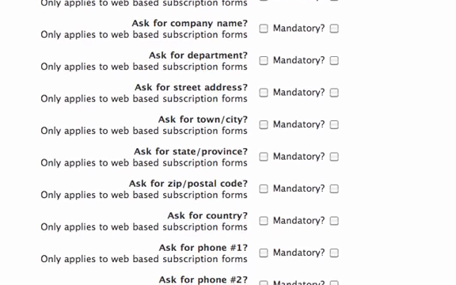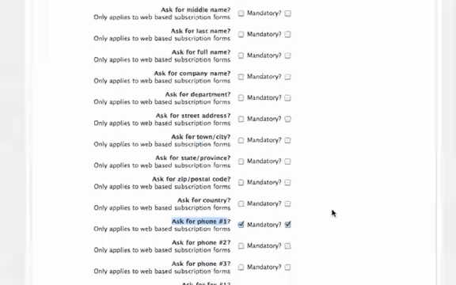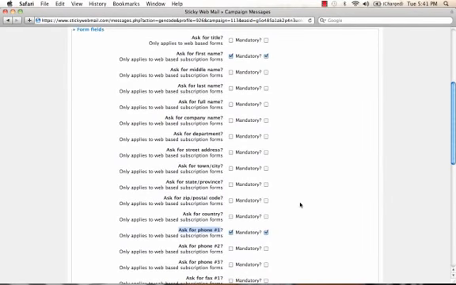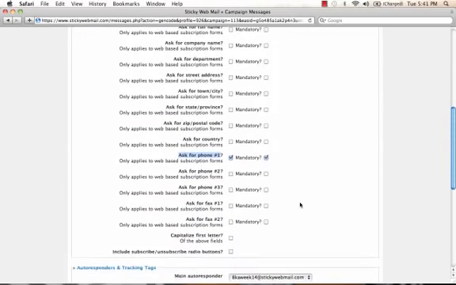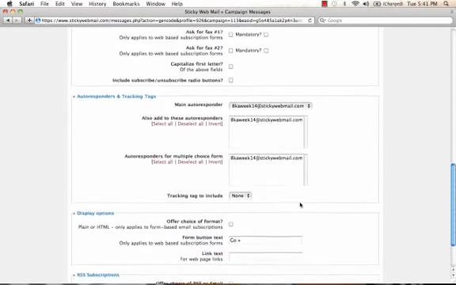And then I'm just going to scroll down and look for phone number. Ask for phone number 1. And I'm going to check that box. I'd like that on my form also, and I'm going to also make it mandatory. Now those are the only two that I'm going to check, first name and phone number. The form will automatically generate a box for their email code, so you don't have to worry about looking for that. Now I'm going to scroll down to the bottom of the page,